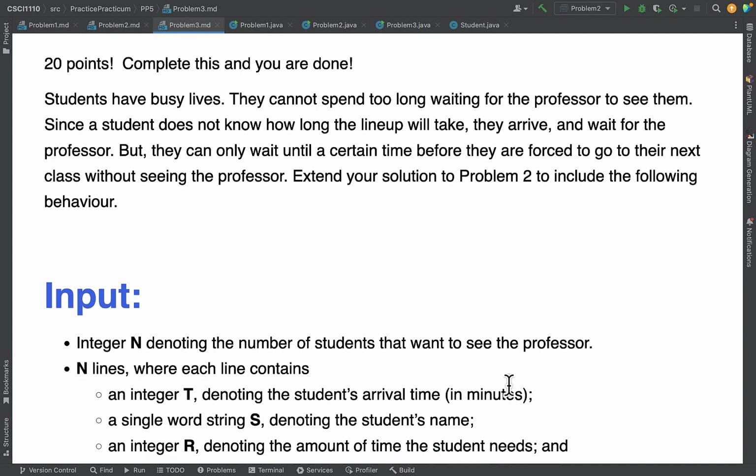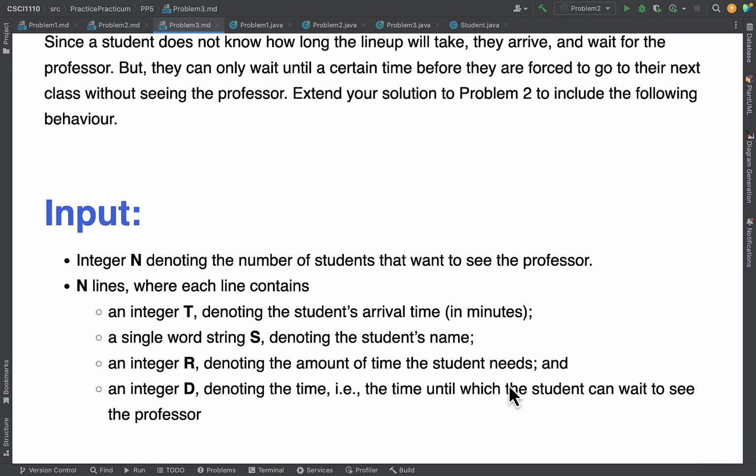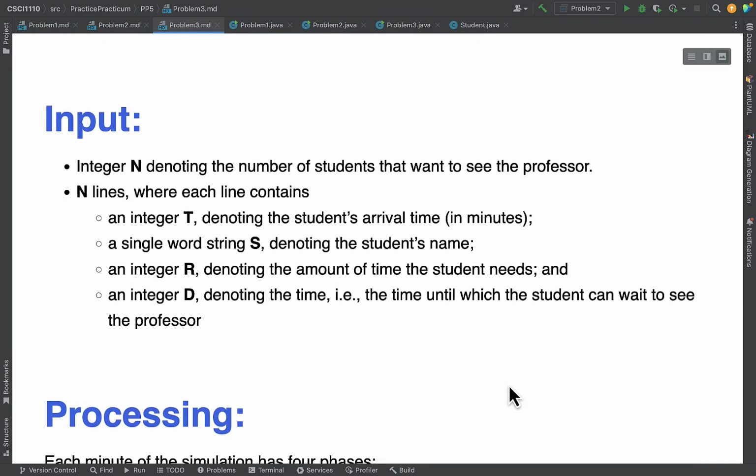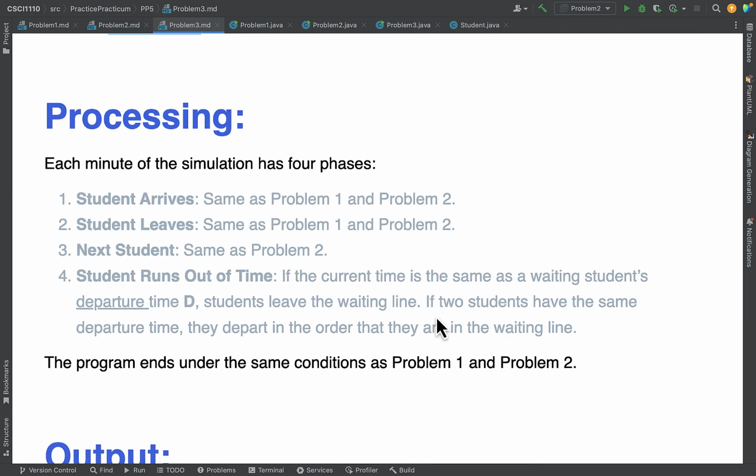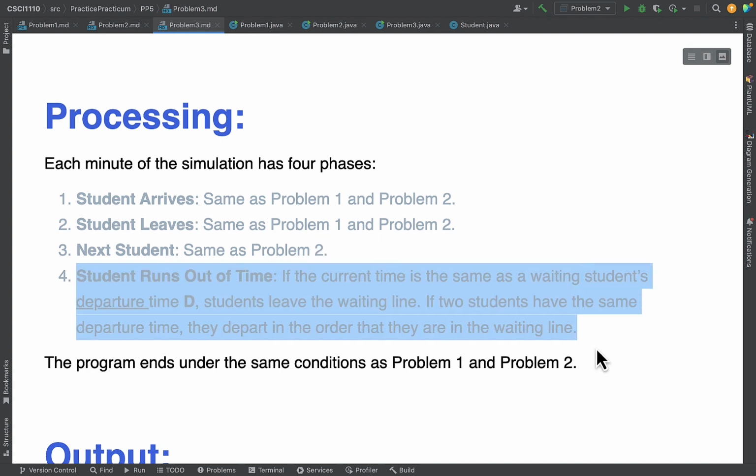Okay, so if we look at this, the input changes again. This time we get another integer, so we still have TSR, that's the same, and now we have a D denoting the time until the student is willing to wait to see the professor. And if we look at the processing, everything about the student arriving, the student leaving, and the next student is all the same as problem 2,